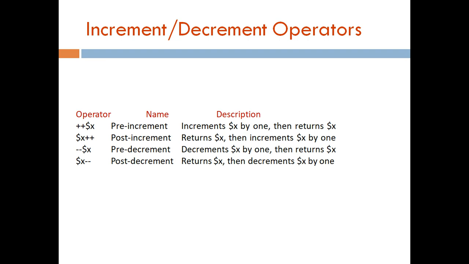So the functionality is it first increments the value by 1 and then returns the value. Returns the value means it depends upon the programming; if we have used a print statement there, that will be printed. So we have two categories here, pre-increment and post-increment. Similarly, pre-decrement and post-decrement. Pre means it increments and then returns, whereas post means it first returns and then increments.